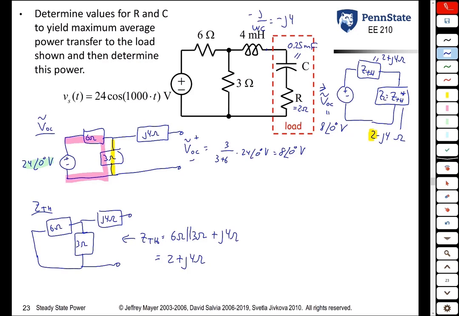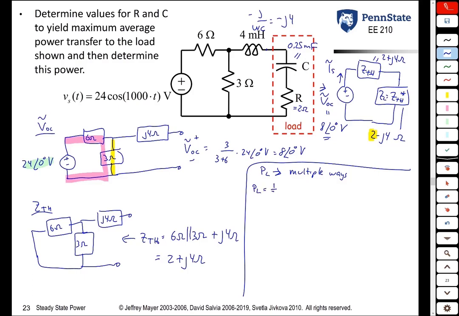Basically, we've chosen R and C so that this current leaving the source is going to be in phase with VOC itself. The next thing we want to do now is to actually find what this power is. To find the load power, we actually can do that multiple ways. One way that always works is you use the power equation. You find the voltage across the load, you find the current through the load, and use that the power absorbed